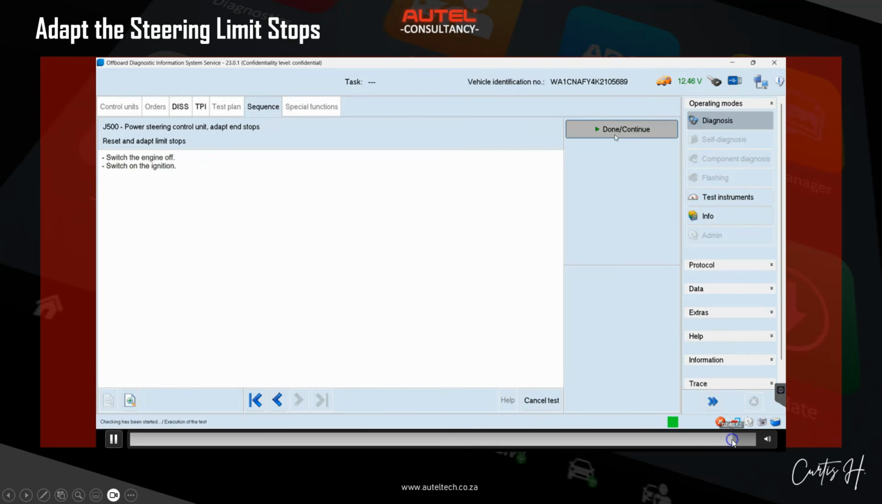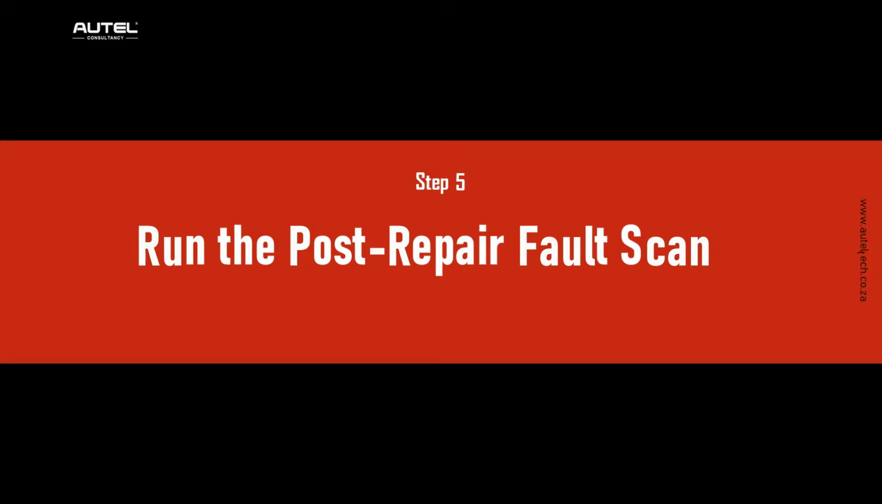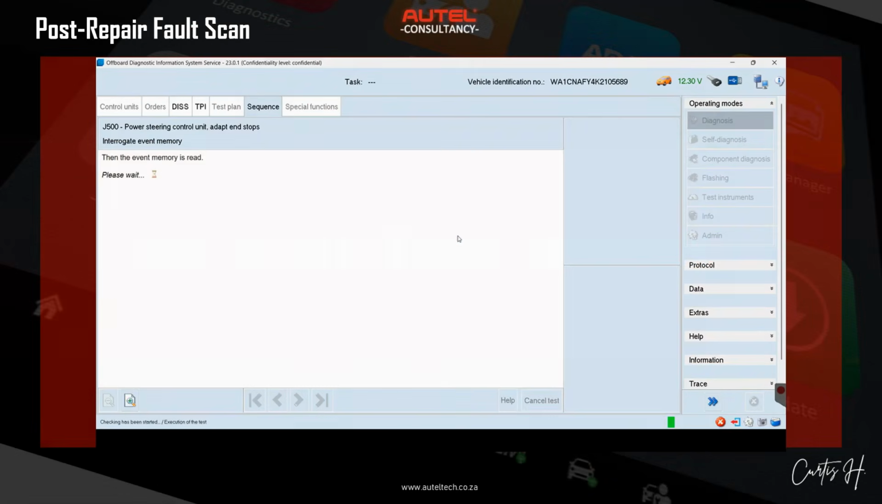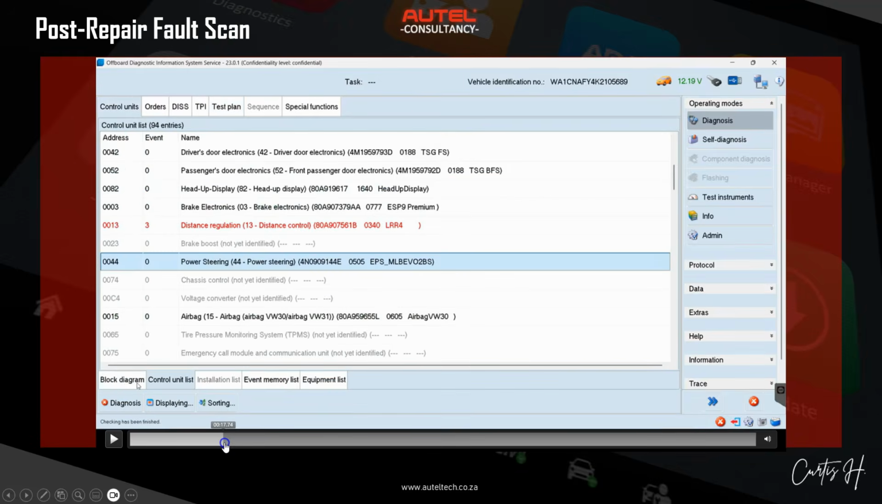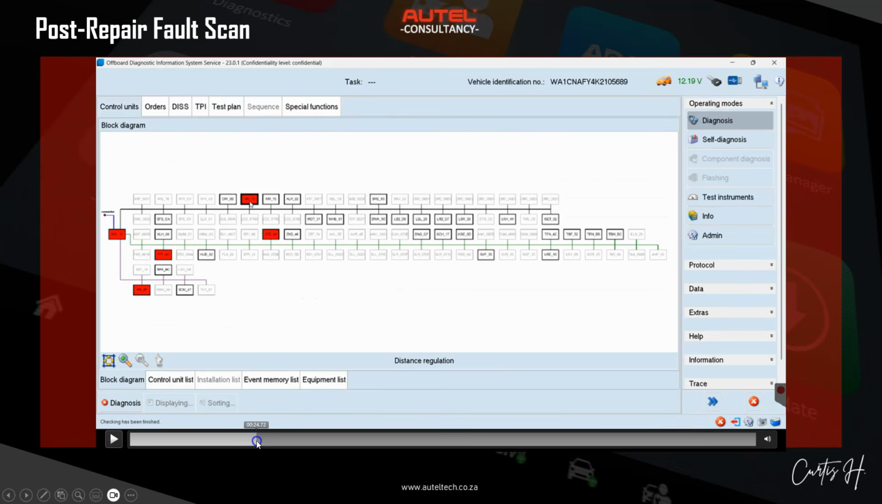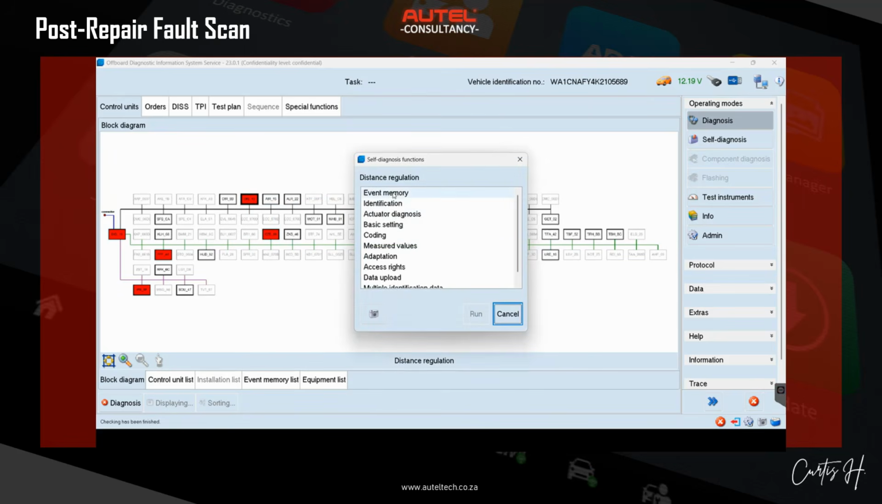All right, and then once we do that, this will bring us to our last step, and that's to run the post-repair fault scan. Okay, so what I'm doing here is I wanted to verify this distance regulation module, because that was one of the faults that was on his dash that wasn't there initially when the car came. Okay, so I'm going to go to event memory, and then I'm going to click run,